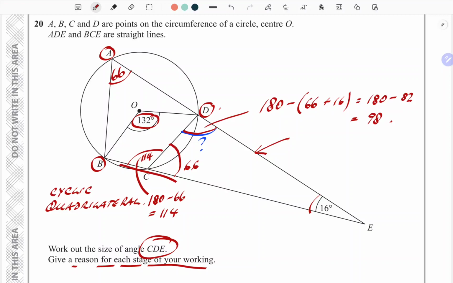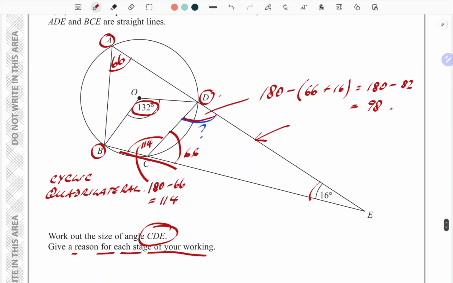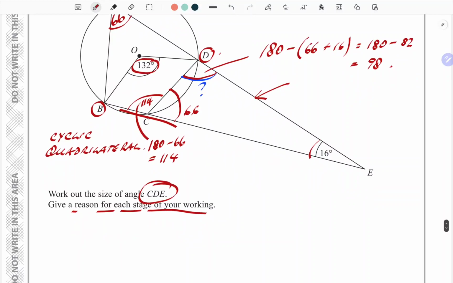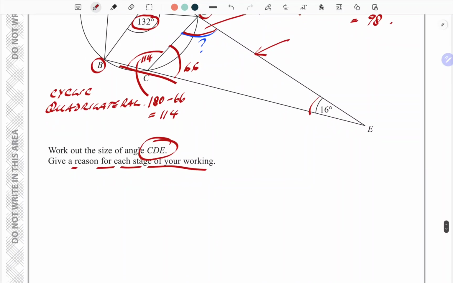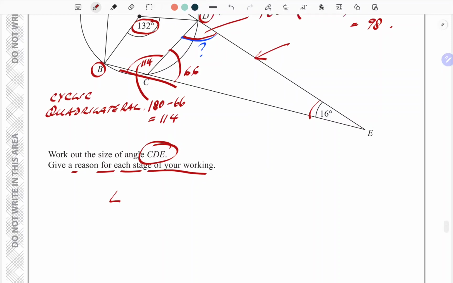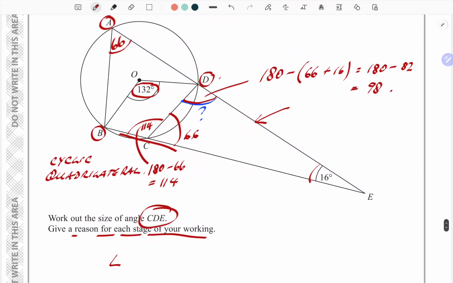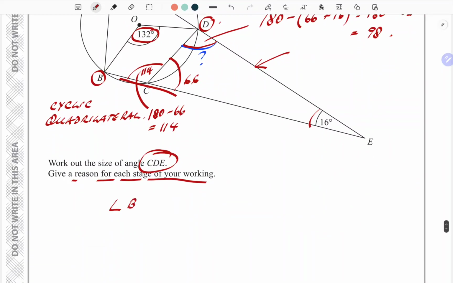For those of you who understood what's going on and know how to write it out, you can move on to the next question. But I will write it out properly. The specific way to write it: angle BAD